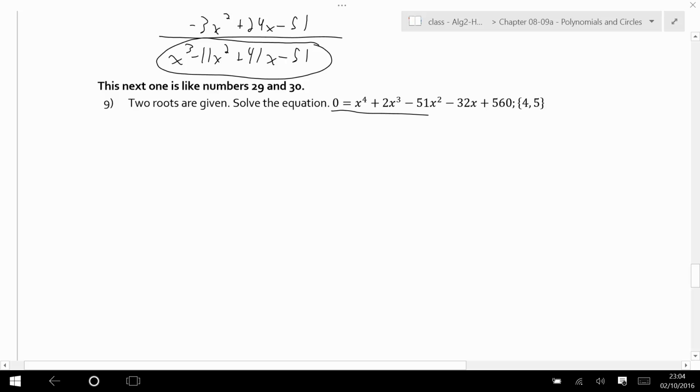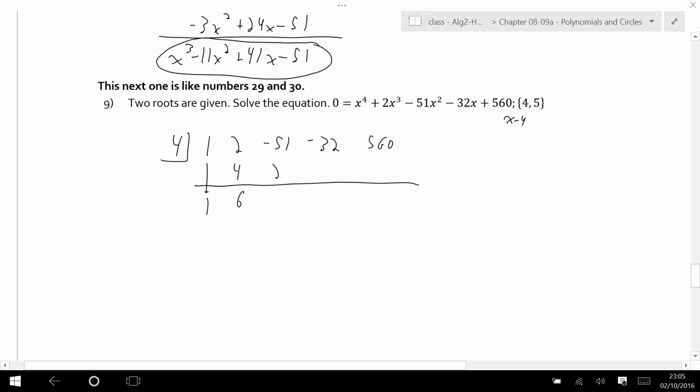Two roots are given. Solve the equation. Okay, so two roots are given. Just pick one. Pick the 4 first. Don't worry, we'll get to the 5 here. I'm going to divide by x minus 4. I'm going to do that with synthetic division. So 1, 2, negative 51, negative 32, and 560. And I'm going to bring that down, and I got 1, 4, 6, 24, negative 27,